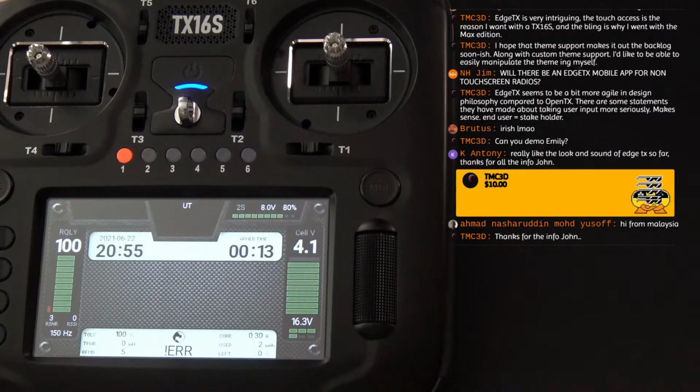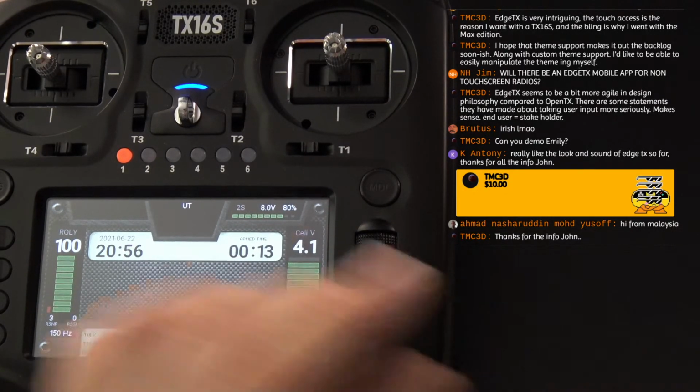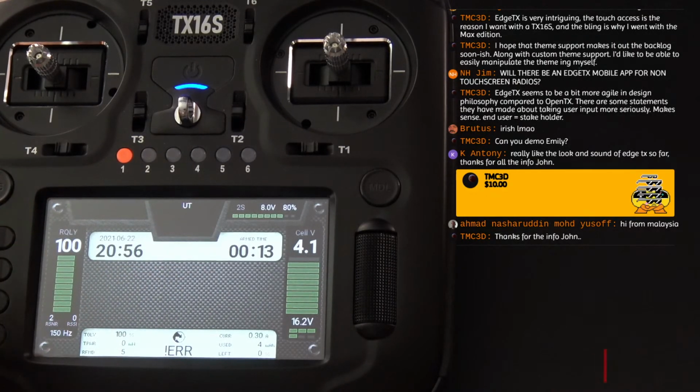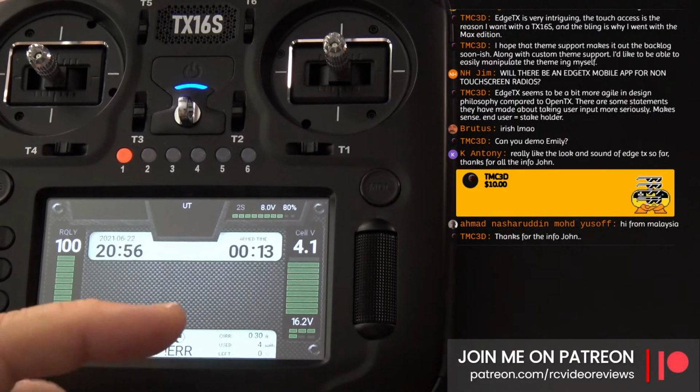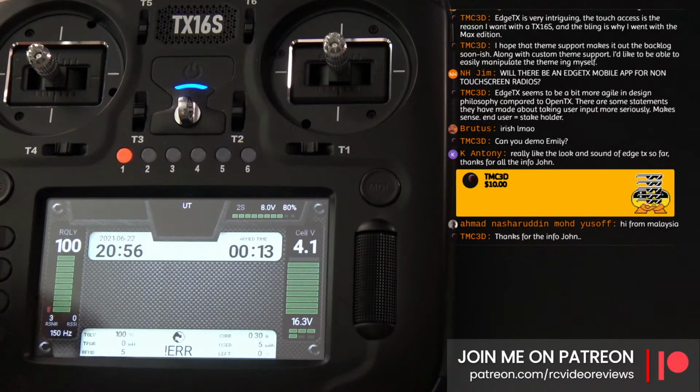Let's see. Jerry asks, on the OpenTx TX16S, does the touchscreen work on first generation as if the same touchscreen will work? I don't know anything about generations on TX16S. I would imagine that one surefire way to figure it out is to try. Yeah, flash it and see. You'll know pretty quick if it works. But I'm going to submit to you that if your radio hardware supports touchscreen, it should work.